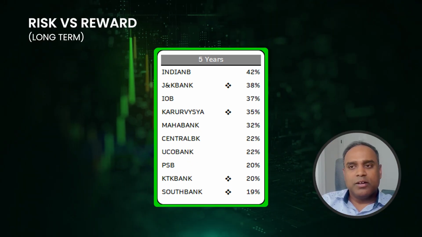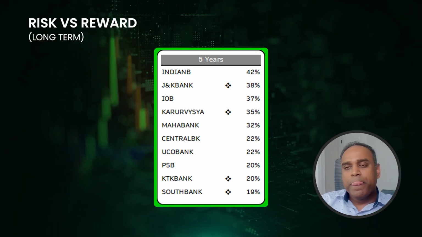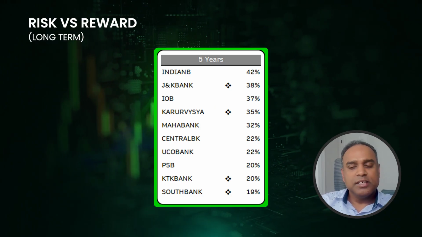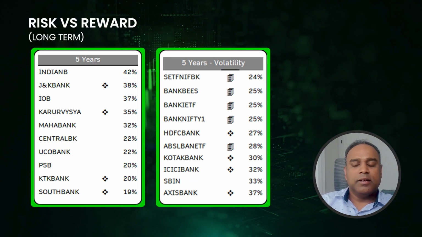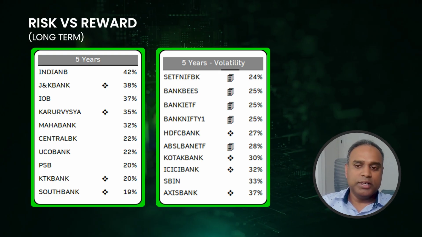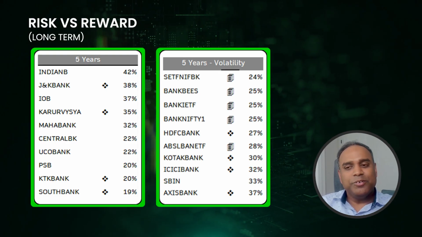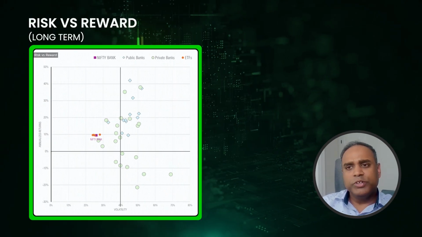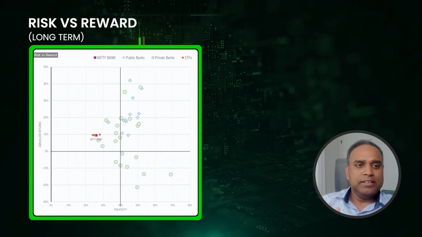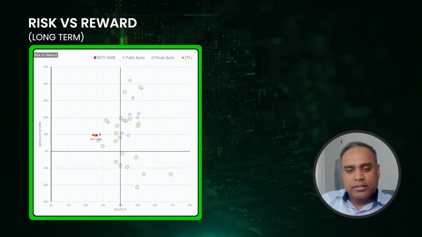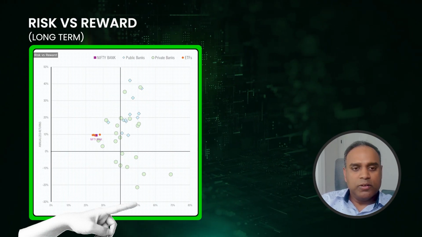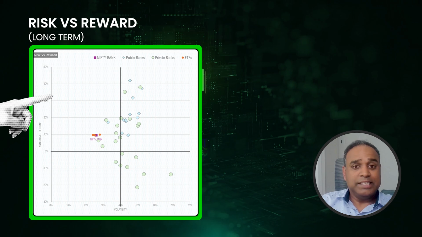So we already saw in a 5-year span what the top performing stocks are in terms of price increases. We also saw what the top stocks are in terms of volatility. Now you can see them, but how do I put them together and visualize? So this is my attempt to visualize the volatility and the return, the risk and the reward. The way to read this chart is that on the x-axis, we have the volatility. On the y-axis, we have the annualized returns.